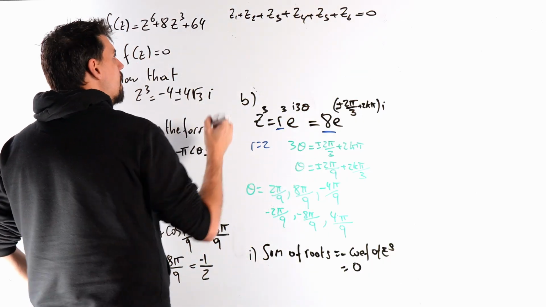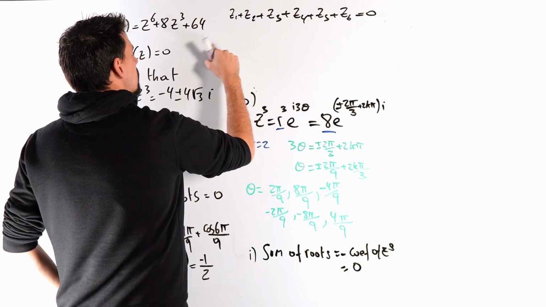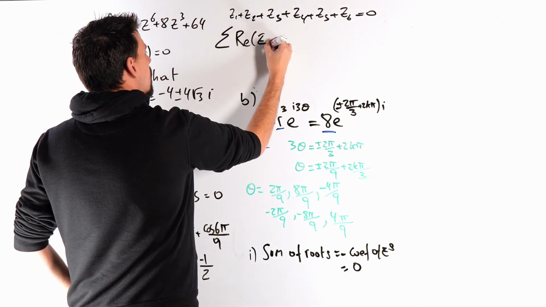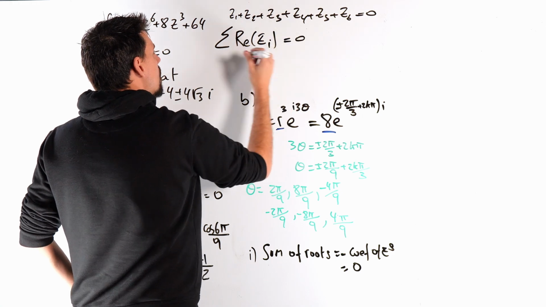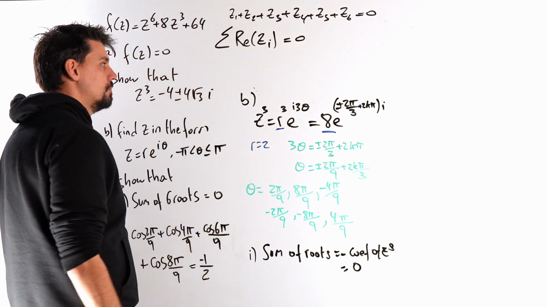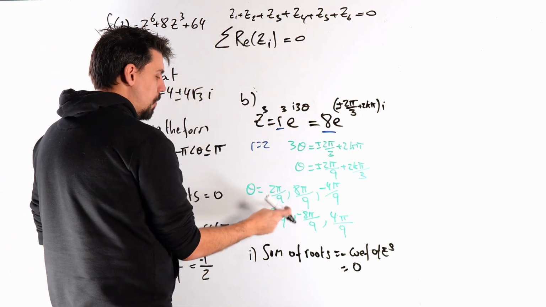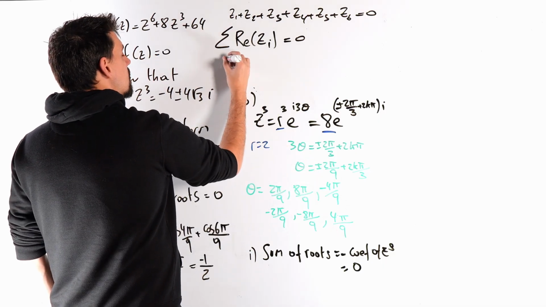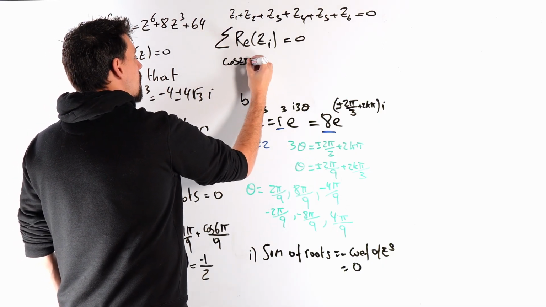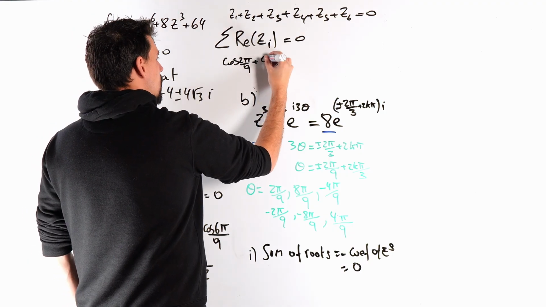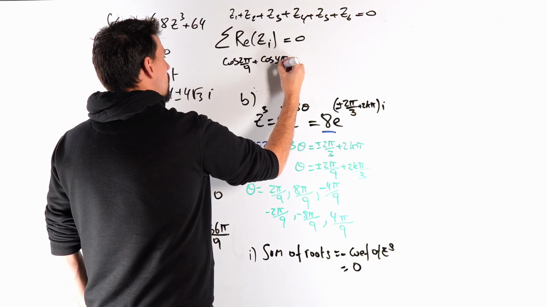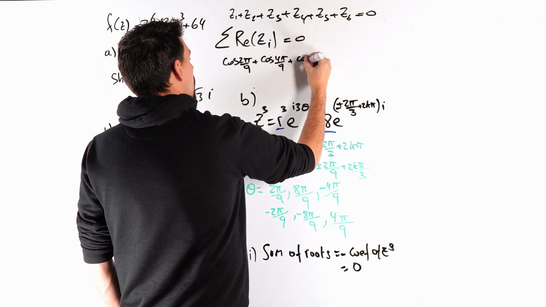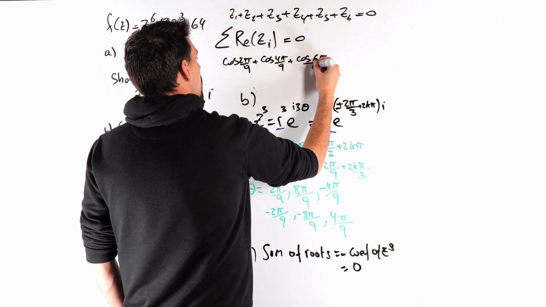So what this tells me is the sum of the real parts of z i is also equal to 0. Now, what are the real parts? Well, it's cos of this, cos of that. So that's telling me that cos of 2 pi over 9 plus cos of 4 pi over 9 plus cos of 6 pi over 9